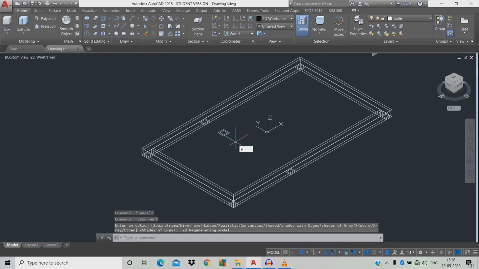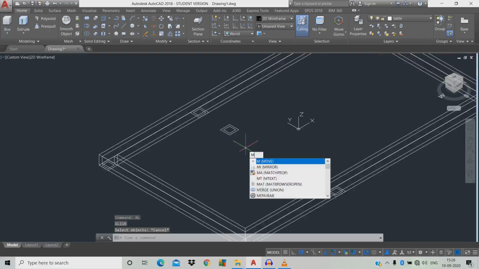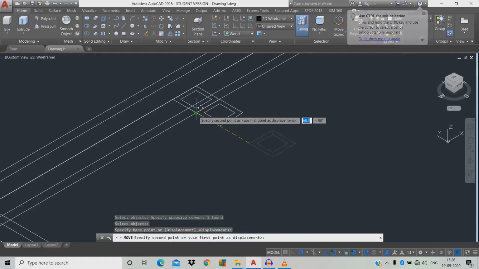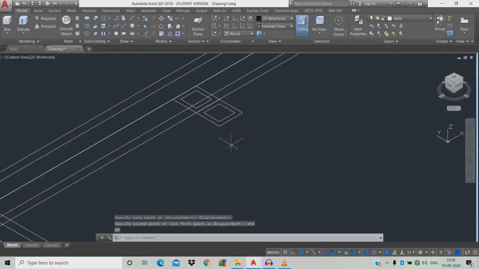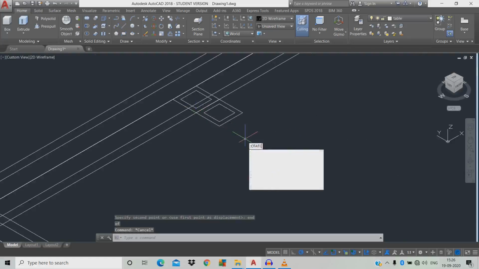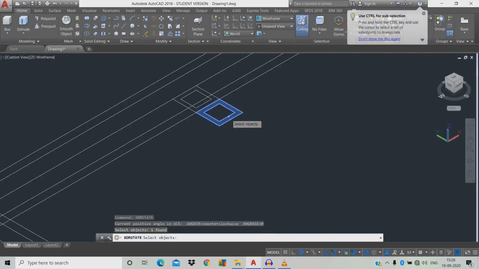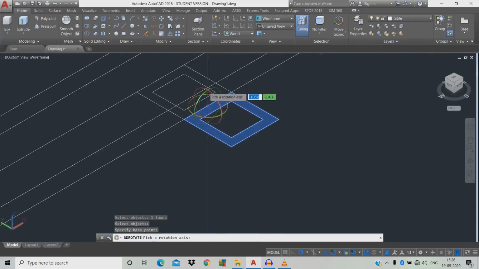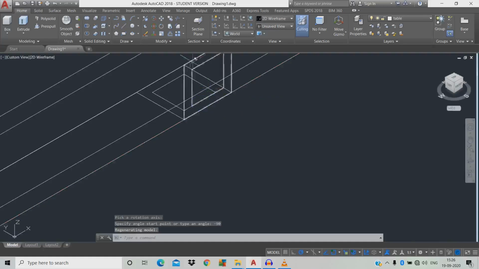Now we're gonna move the objects, M space, click the object, space, click the endpoint over here, and we're gonna paste it over here, END space. Okay, now we're gonna rotate in 3D, 3DRO space, click the object, space, click it over the corner, click the red axis, then we're gonna change it to -90. Okay.